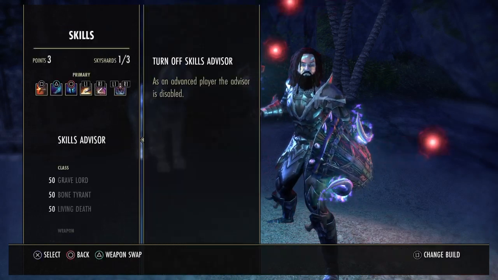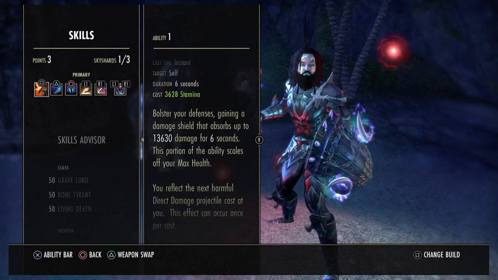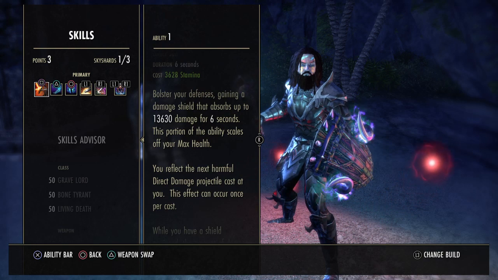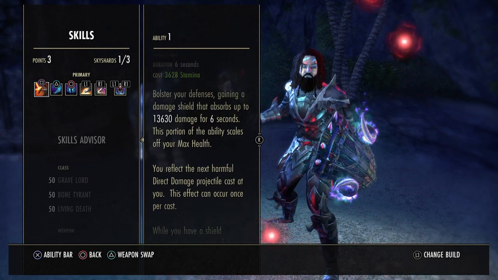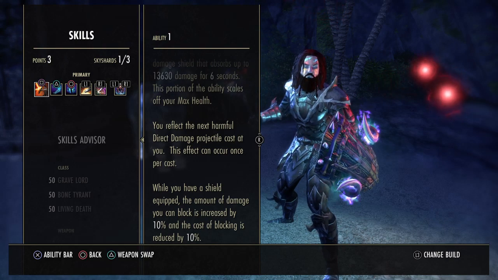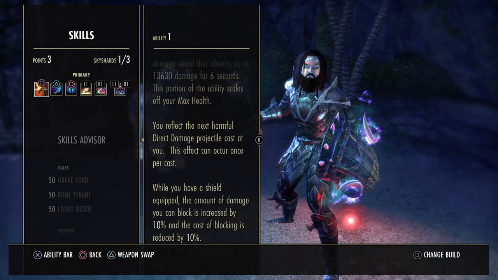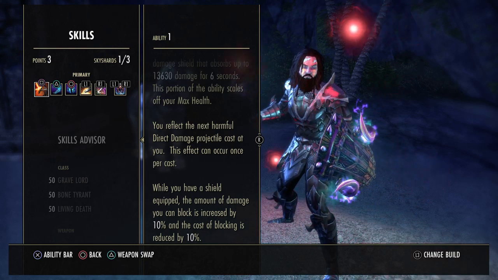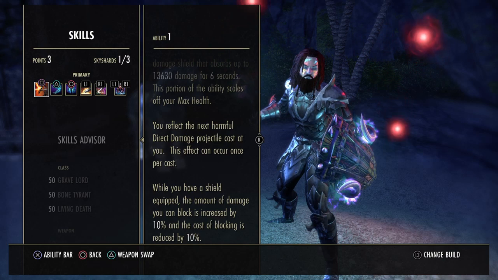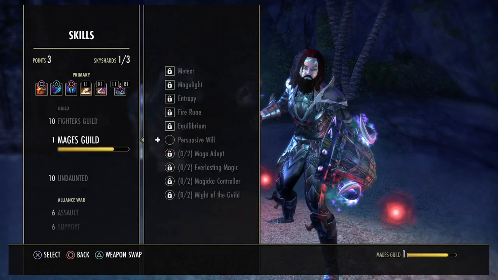Okay, let's get right into the skills. First up, we got defensive stance. This comes from the one hand and shield skill line. This gives you a damage shield which absorbs up to 13k damage for 6 seconds and scales off your max health. The next harmful projectile cast at you will be reflected. Plus, when you have a shield equipped, the amount of damage you can block is increased by 10%, and the cost of blocking is reduced by 10%, which is why I prefer this shield to the